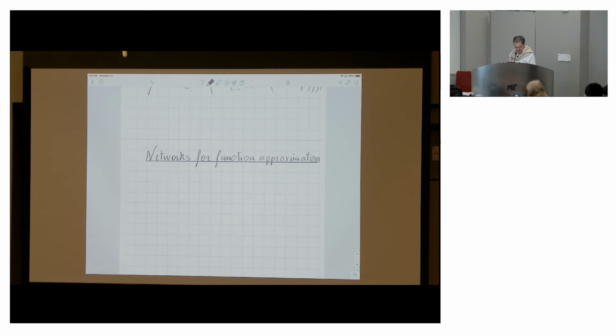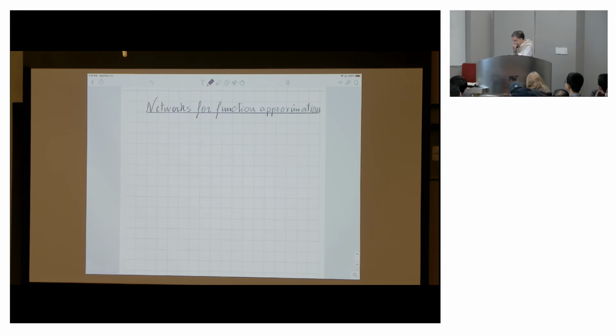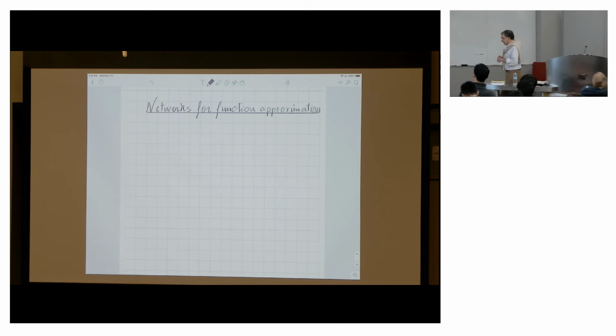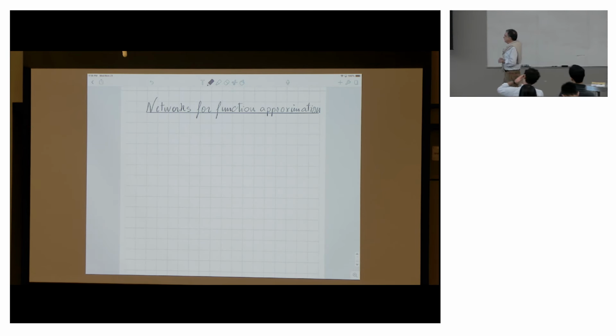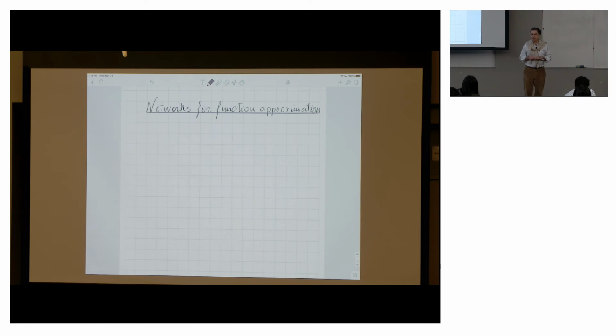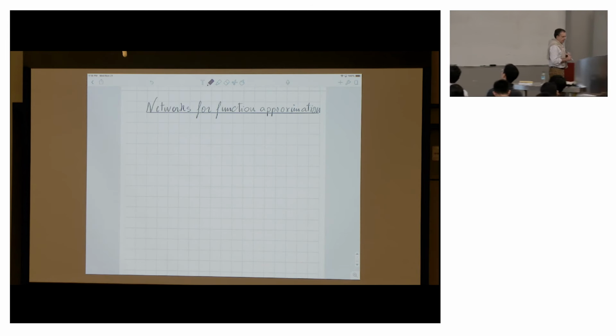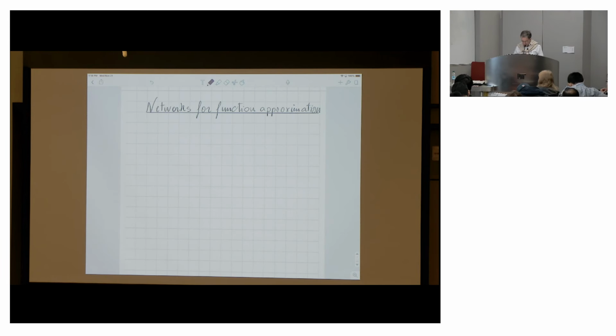Okay, so we have all these networks, and I want to think about this in terms of function approximation. How good are they in representing functions or approximating functions? And so the first question is, are deep networks better than shallow networks for approximation? And you know, the answer in the 80s was already